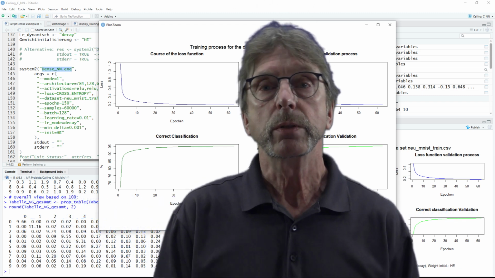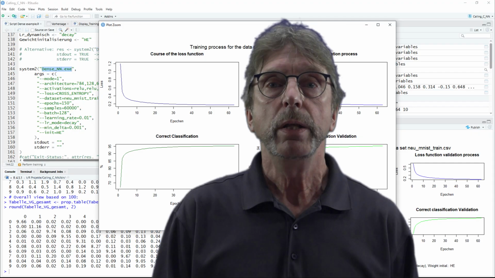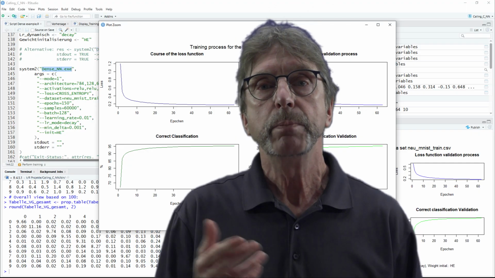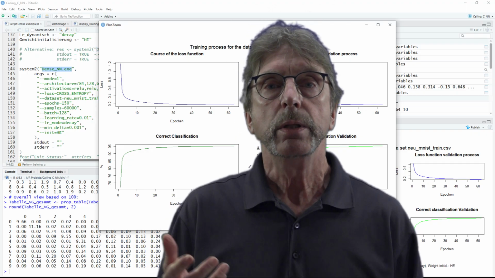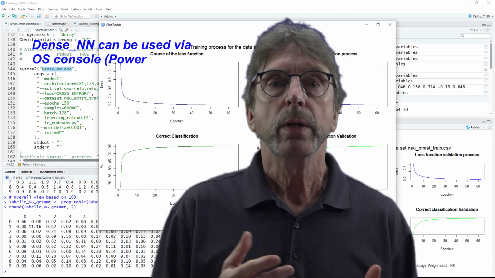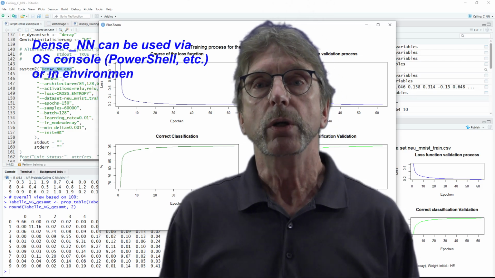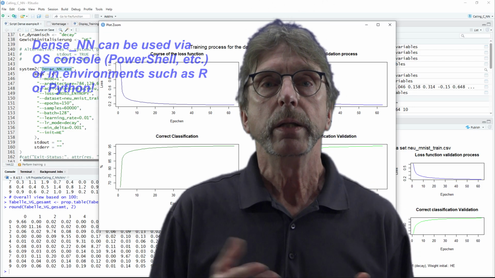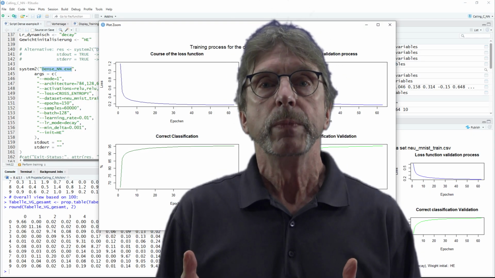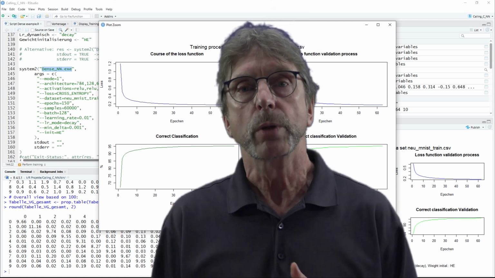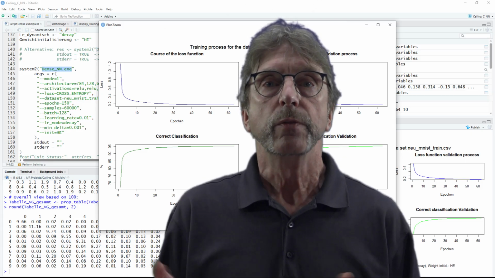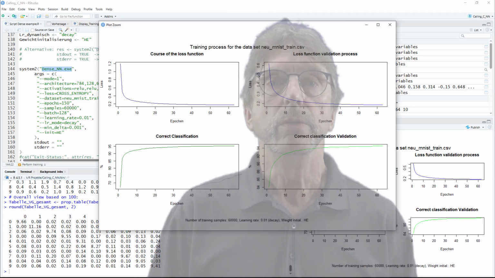However, we know that it takes more than just highly effective machine learning to create a deep learning structure. DenseNN is integrated into frameworks such as R or Python, and tasks such as data preparation or subsequent network analysis are handled by R, for example. All with a view to using the right tool for the job. But I think it's time for a demonstration, and you can find more information on the GitHub page listed below.